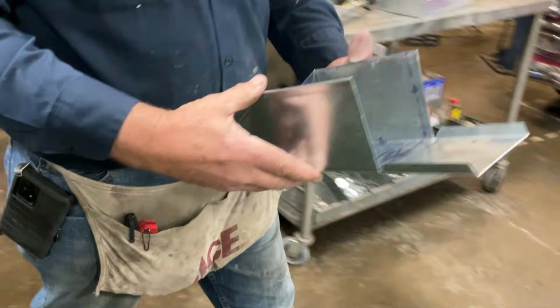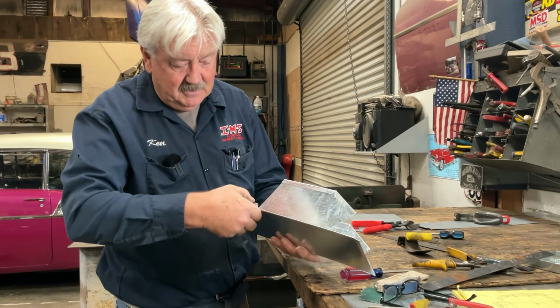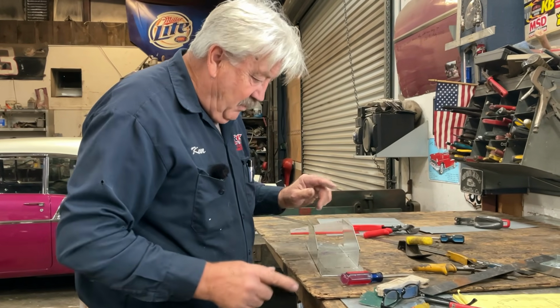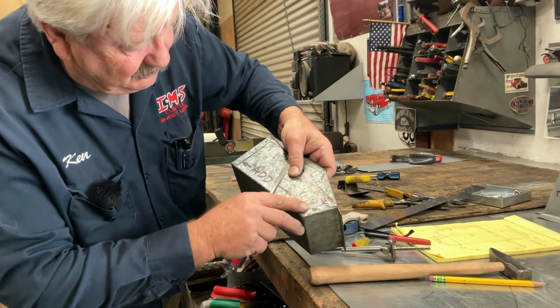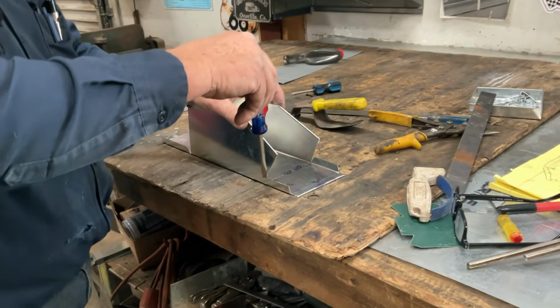All right, let's go over to the box and pan brake. So we just came from the 10-foot handbrake. We bent up this long seam, which bent up our tabs for us. If we would have put the tabs on here, we wouldn't have got our tabs bent up for free. So what I want to do now is we want those tabs to come to the outside, just like our little pattern here. So what we're going to do is we're going to put this screwdriver in here and always